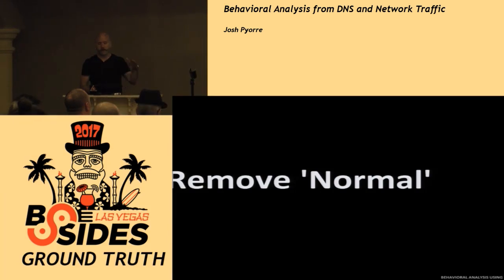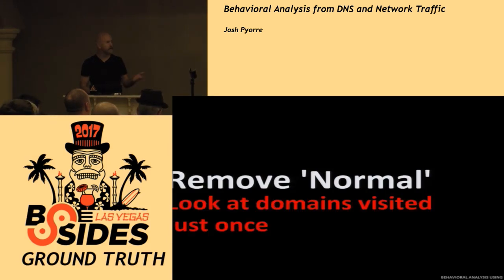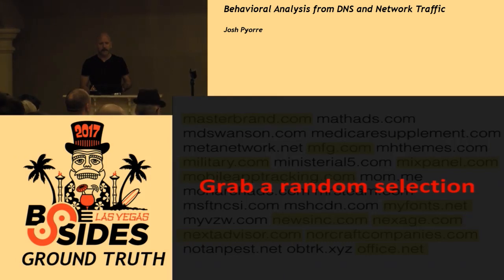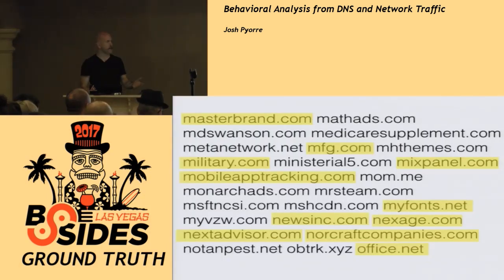So maybe it's above a certain threshold of visits. Look at domains visited just once is what I want to try. So I'm left with this slightly smaller list. It's still difficult, and I'm going to show the manual process that we all do. So say I grab a random selection from that list, and I've got this, and I just look at it,